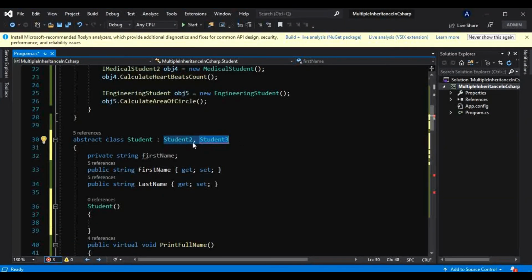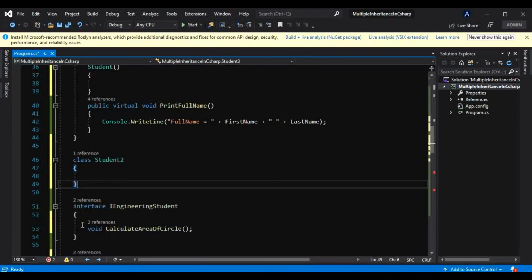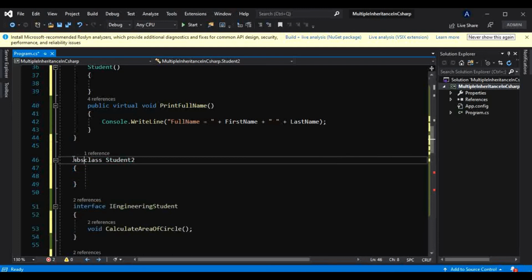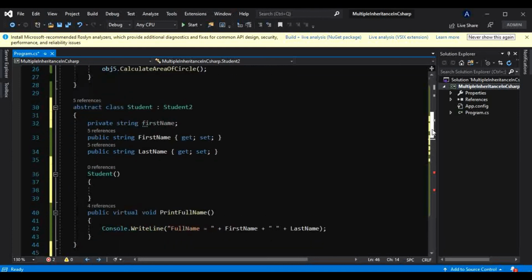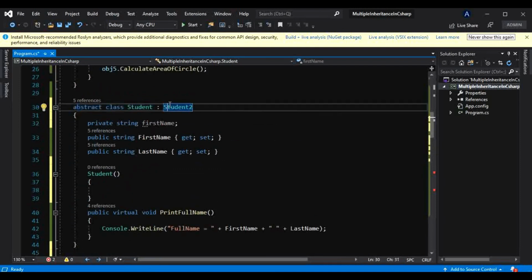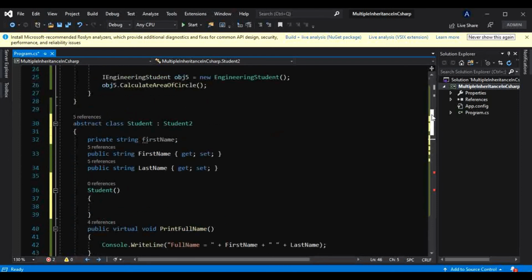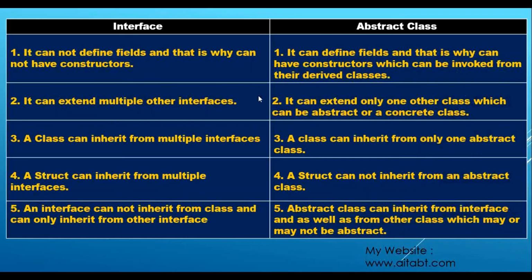Now this is a concrete class. We know that a non-abstract class is called a concrete class. I remove this, and if I make this abstract, that's also working. So that also will work fine. So that also will be allowed. Okay, so this abstract class can extend another abstract class, as well as a concrete class. So if I remove this abstract from here, this is nothing but a concrete class like this, but it cannot extend more than one class, and that's what is mentioned here.